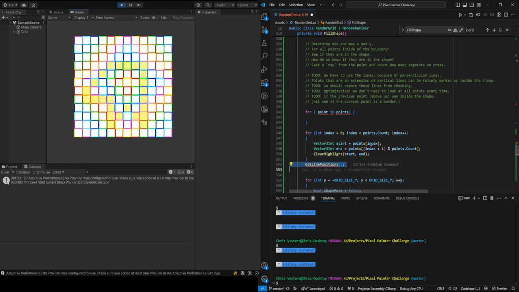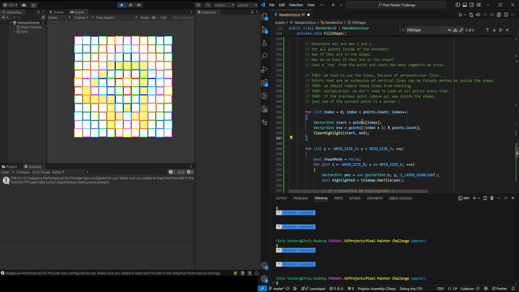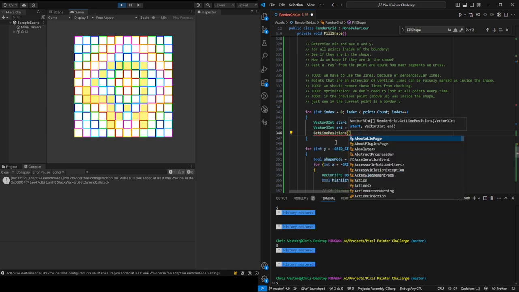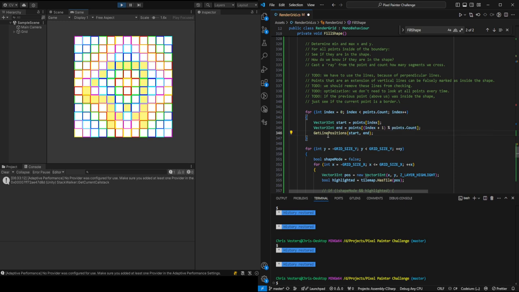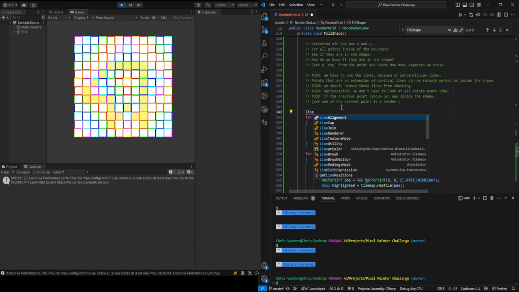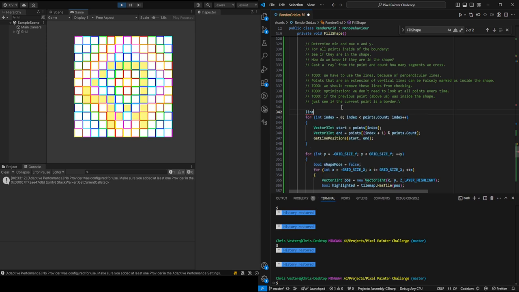I think y is no start end. Yeah, no, okay. Because I need to get my start and end, so I can't just say points because it needs to have the line. Okay, so this is of course not clear highlight. Let's see, get points, get line points. That's called get line positions of start and end. And this I can also use index for. So I have a, what am I going to call this? I'm going to call this a line grid. That's weird. Segment. Yeah. Line grid equals